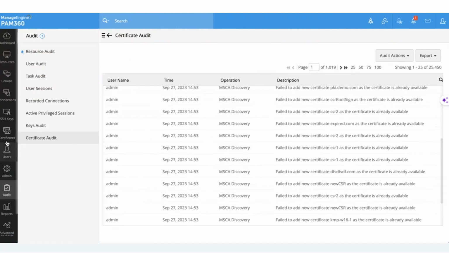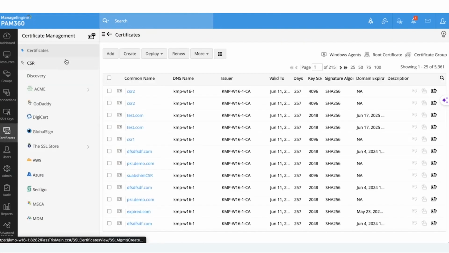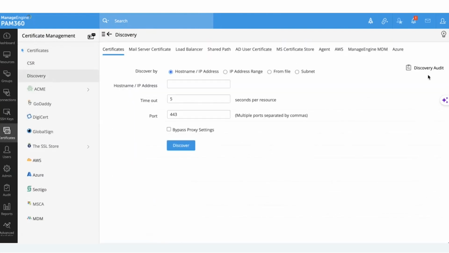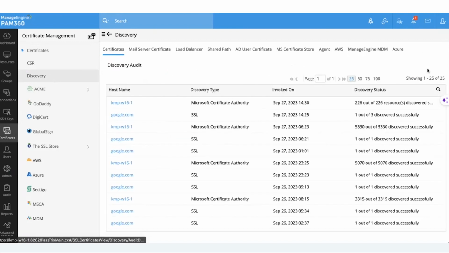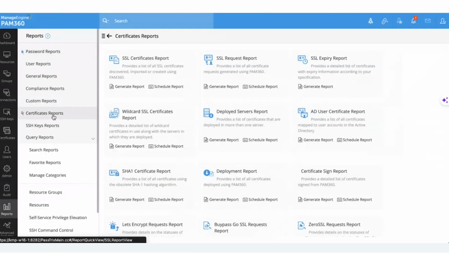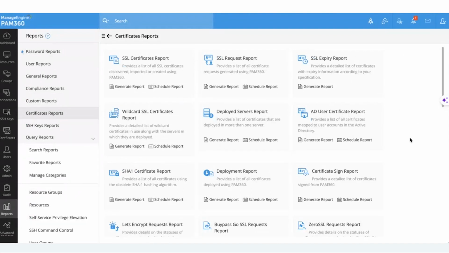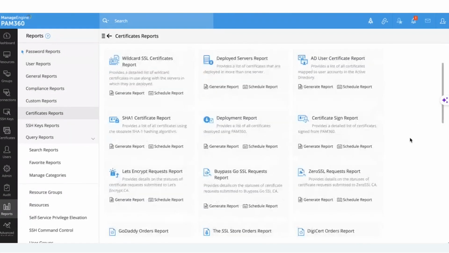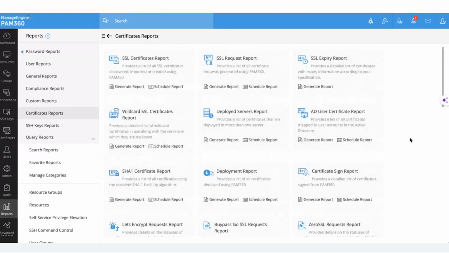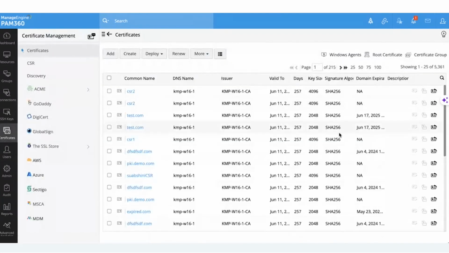If it's going to be for a discovery of SSL certificates, in the discovery page itself, on the top right hand side, you have a discovery audit. And in the reports page, we also have certificate reports, like we have a few predefined reports which you can actually make use of. So for example, when we run this discovery scan across your network, let's assume you